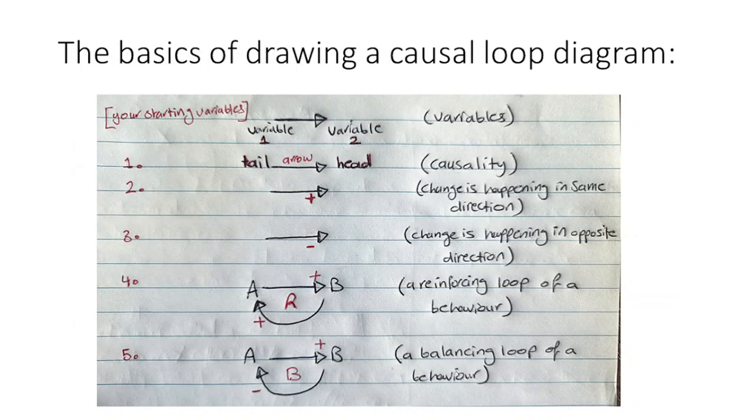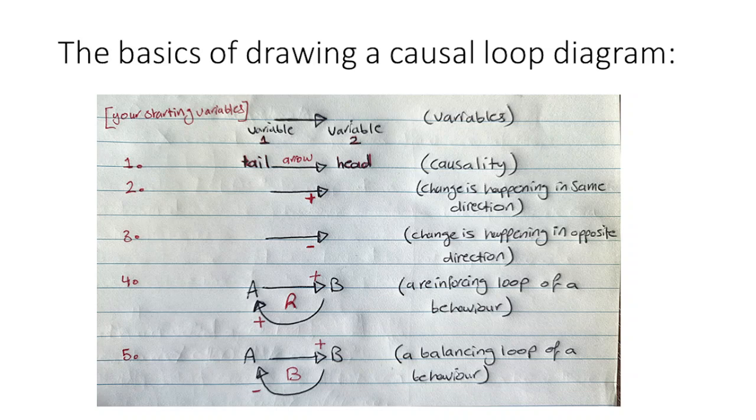Now, let's move on to something that is important, which is on page 23, and which is about the basics of causal loop diagrams, and how you start drawing these on a piece of paper, if you like, or even how do you start thinking about them, and what is important when it comes to causal loop diagrams in systems thinking. So to use systems thinking, we need to follow several rules so that we can illustrate the cause and effect of a problem in the right way. Okay, so